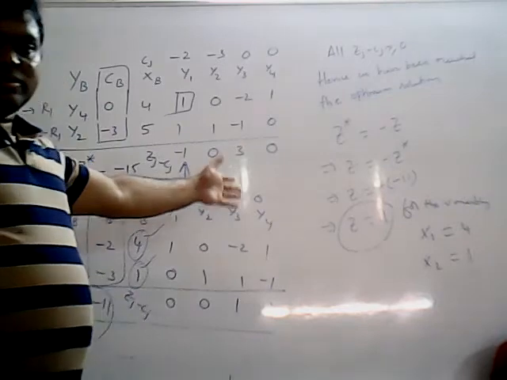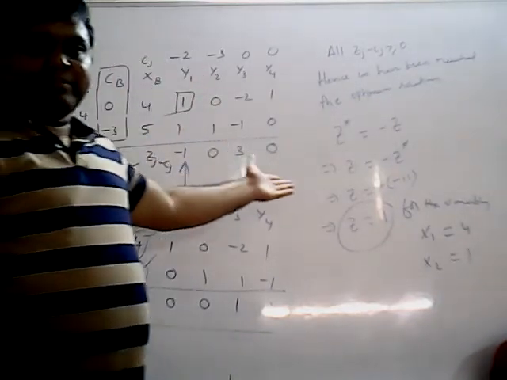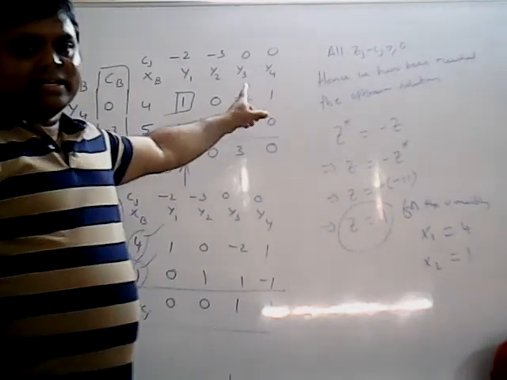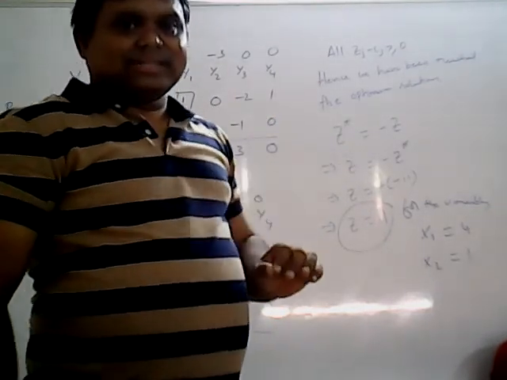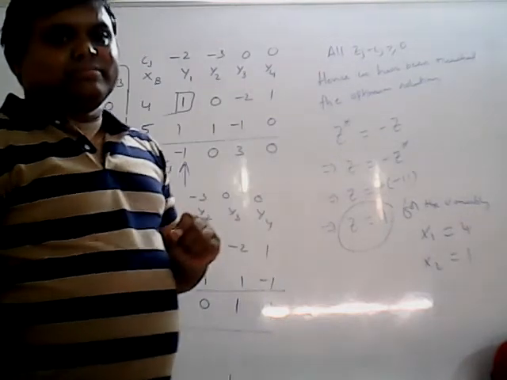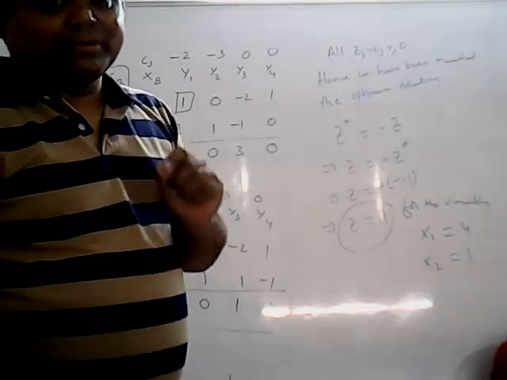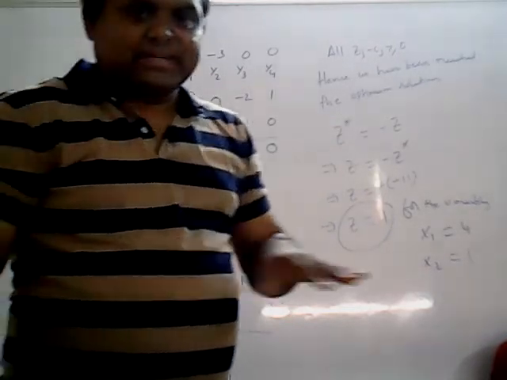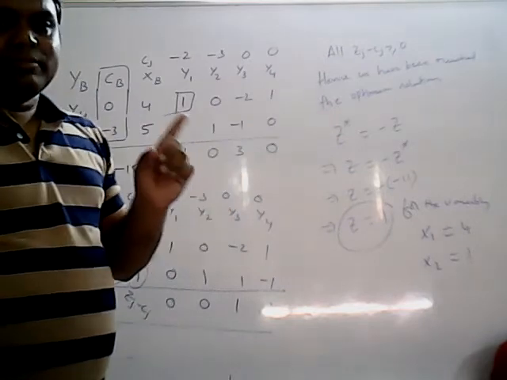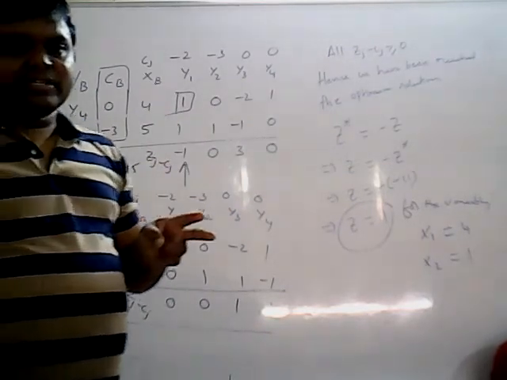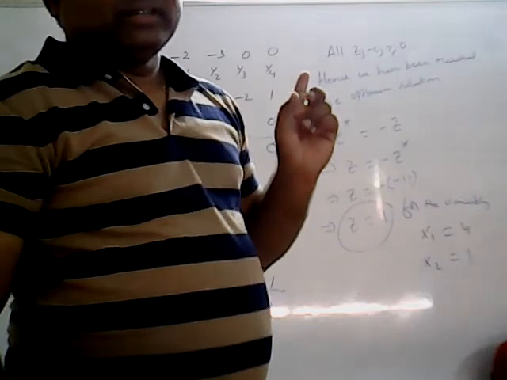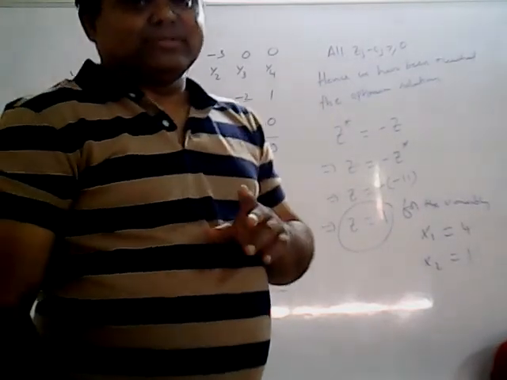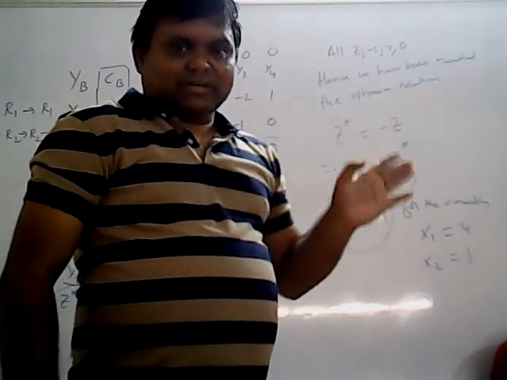Now you can do the second problem in the Big-M method. In the second problem you will get an infeasible solution. It comes under case 1. Case 1 is: maximum z star less than 0 and one artificial variable appears in the basis at a positive level. Then the given LPP does not possess any feasible solution. So phase 1 only ends there. That problem you can do in the two-phase simplex method; in phase 1 itself you will get that the given LPP does not possess any feasible solution. Otherwise I will tell you later. Thank you.